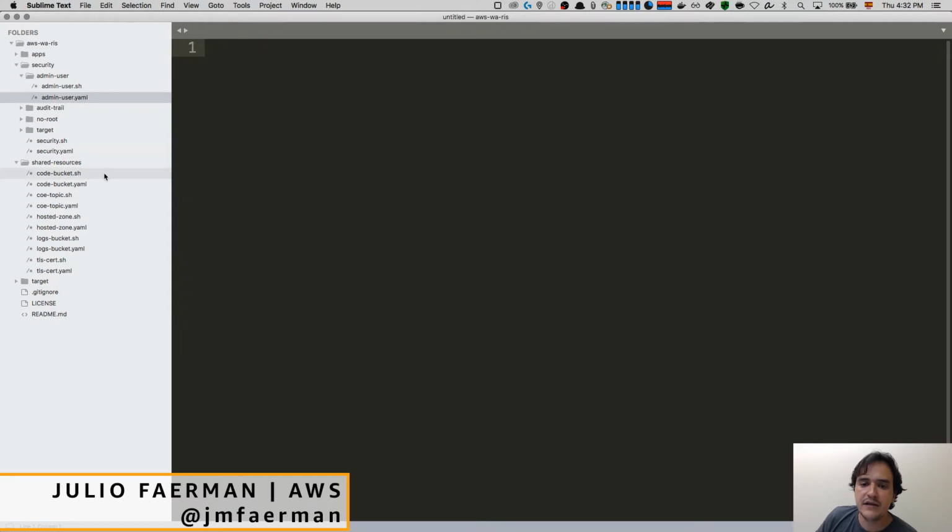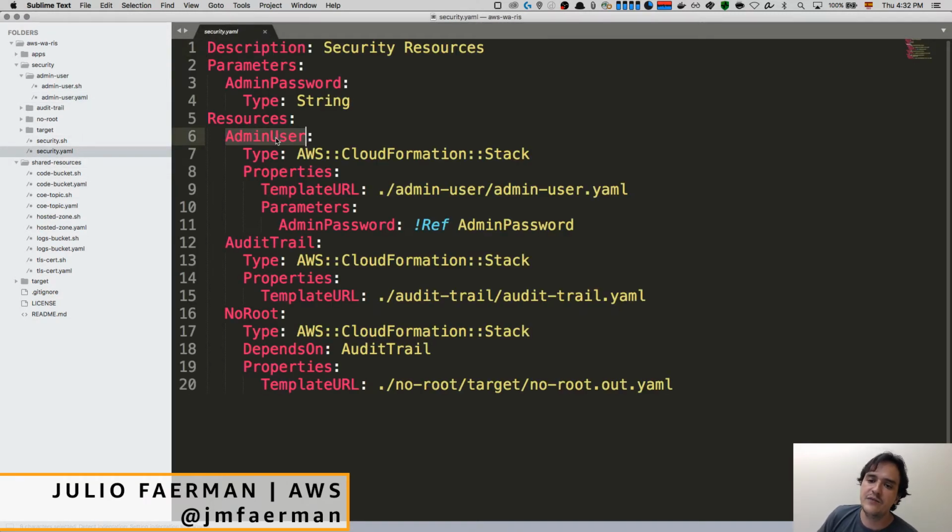No big deal here. The idea is that the admin user, the audit trail, and the no root function are going to be created atomically by CloudFormation. But there are a couple of things to notice. First is this DependsOn attribute. With DependsOn, you can make sure that the audit trail is created before the function where it operates is created. Another thing that you will see is this template URL. It references the template on my local machine, but CloudFormation cannot access my local machine. CloudFormation can only use S3